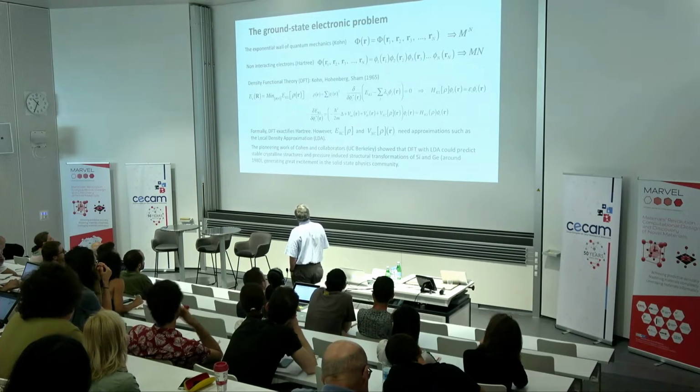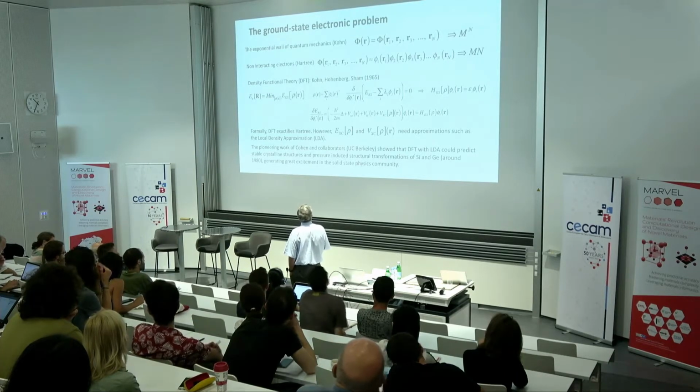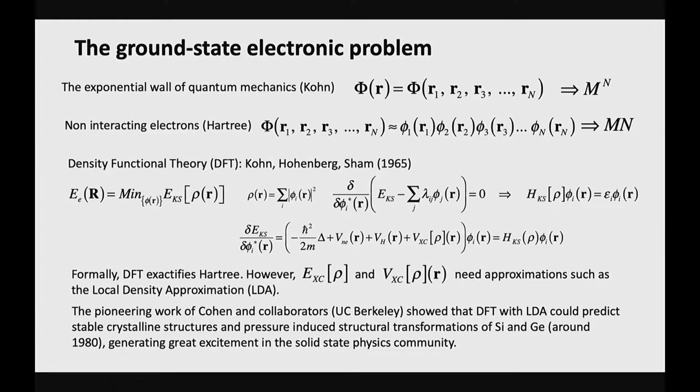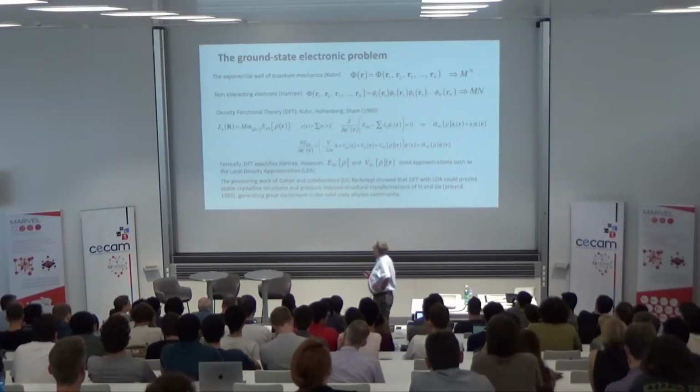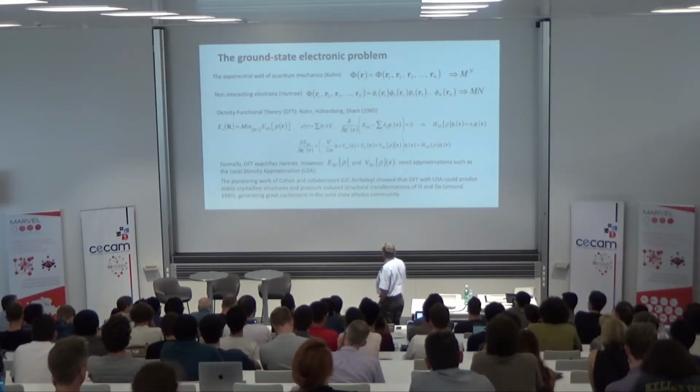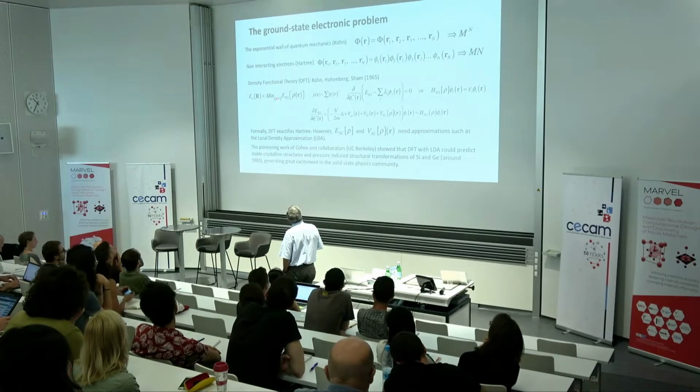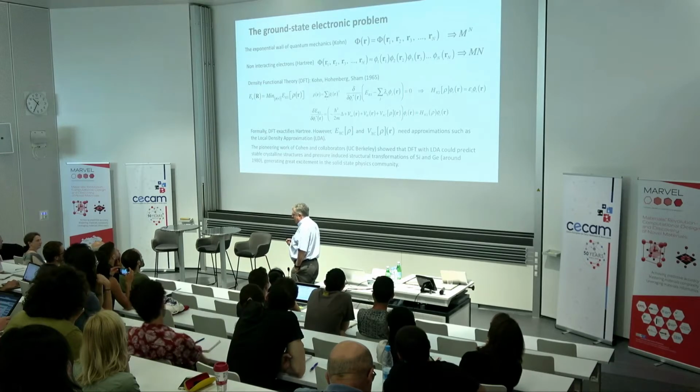And so in 1965, approximately, I think that the Rahman paper was 1964, the Rahman paper on argon. I think, yes. Right. So Walter Kohn, together with Pierre Hohenberg first, and then with Lu Sham, developed density functional theory. Density functional theory, I write it here, in the Kohn-Sham form, that is the one that we used.